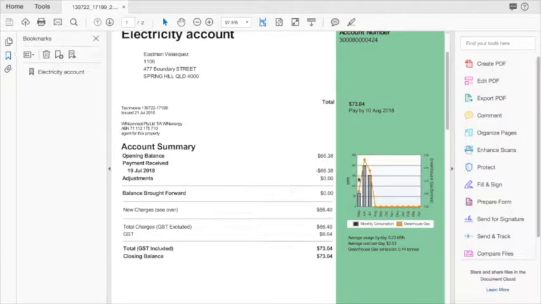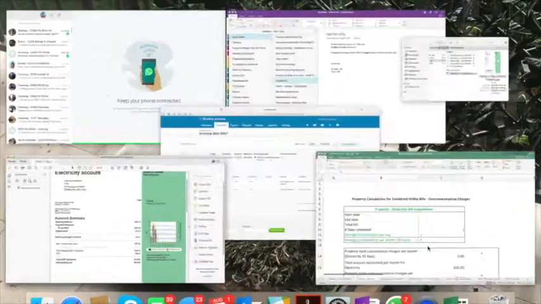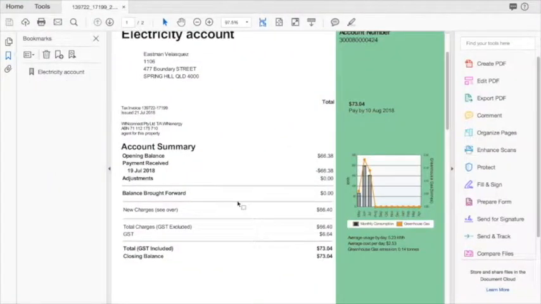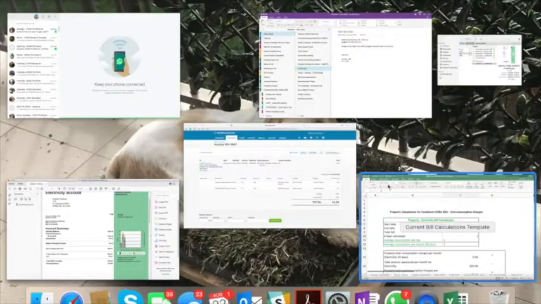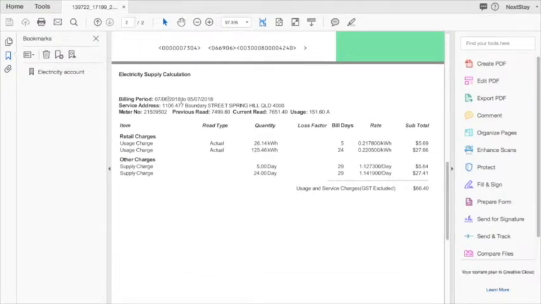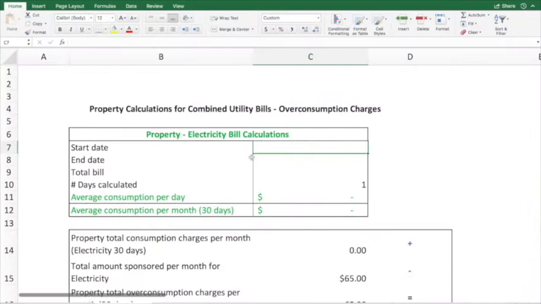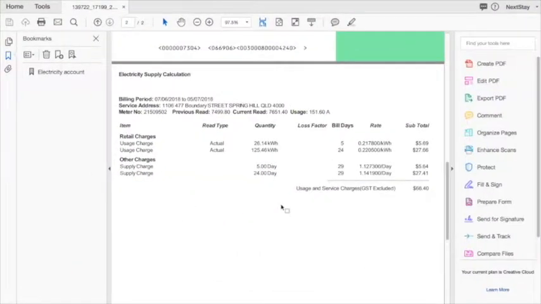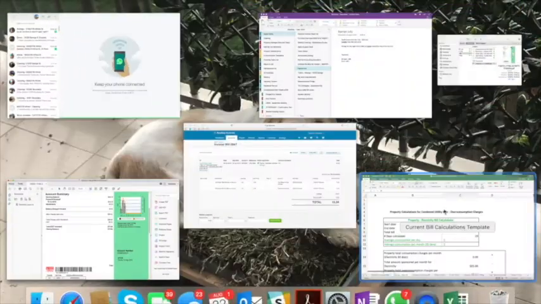So in this case, we have this invoice for the period between the, hold on, it takes forever. It's because when we do these videos, it takes forever to update forms and everything. 7th of June to the 5th of July. So those are the dates that we insert in here, 7th of June, and then 5th July, and then the total bill amount was